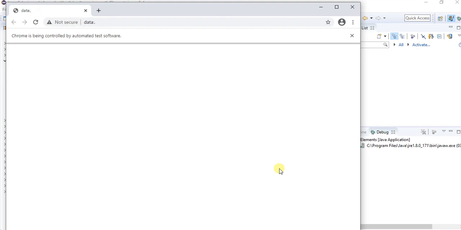It launched the URL, then it entered the URL. It is not able to identify that element. Okay, it will throw the exception.